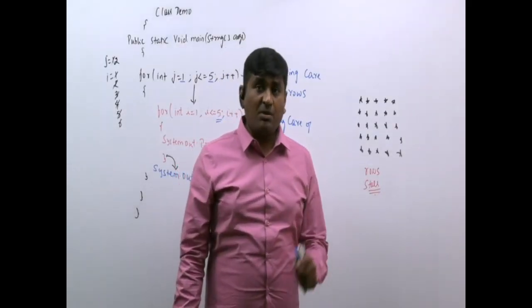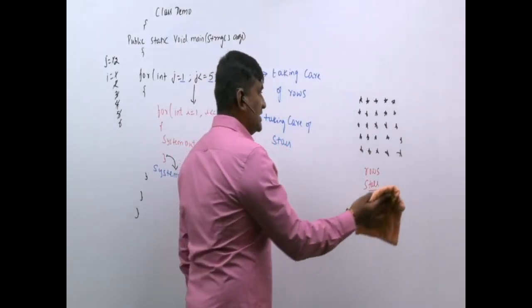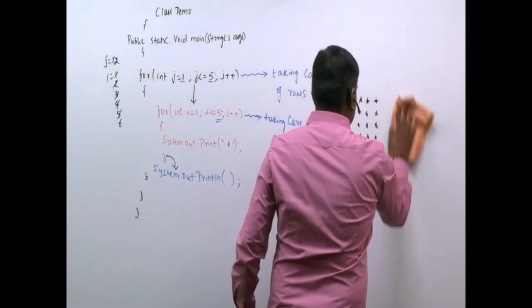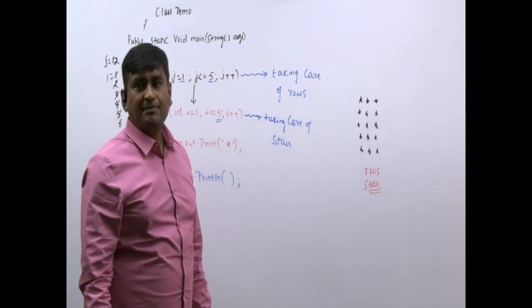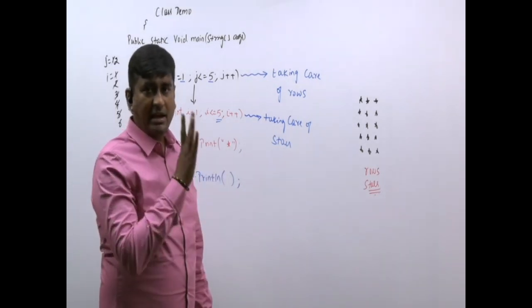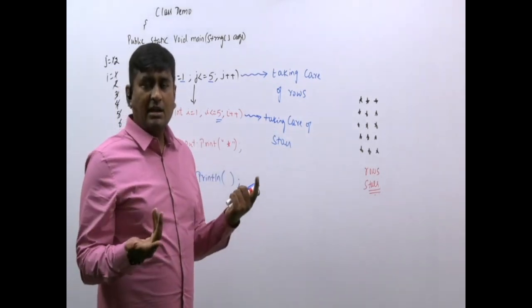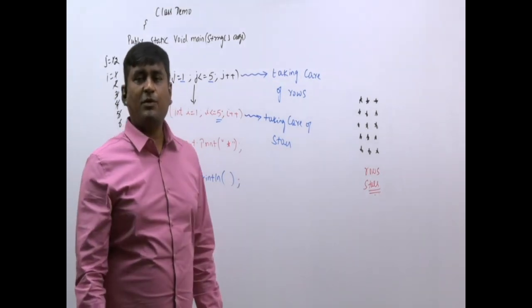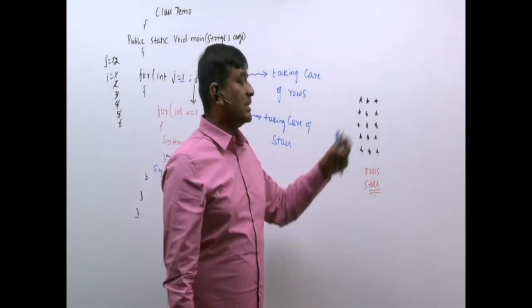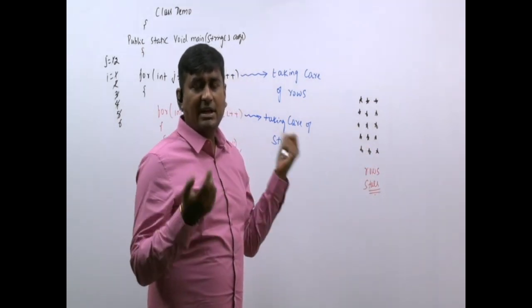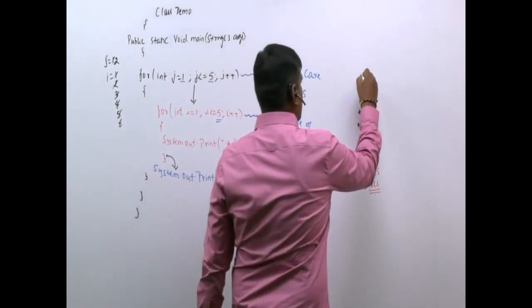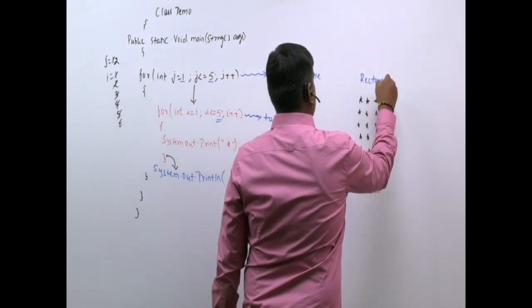Now assume I want this kind of pattern. Small change I will make. This is the pattern that I am looking for. Is it square or rectangle? Rectangle. How, sir? Very simple. Number of rows and columns are not same. How many rows are there? 5 rows. How many columns are there? 3 columns. Rows and columns are not same. Hence it is what? Rectangle. So this is only a rectangle.